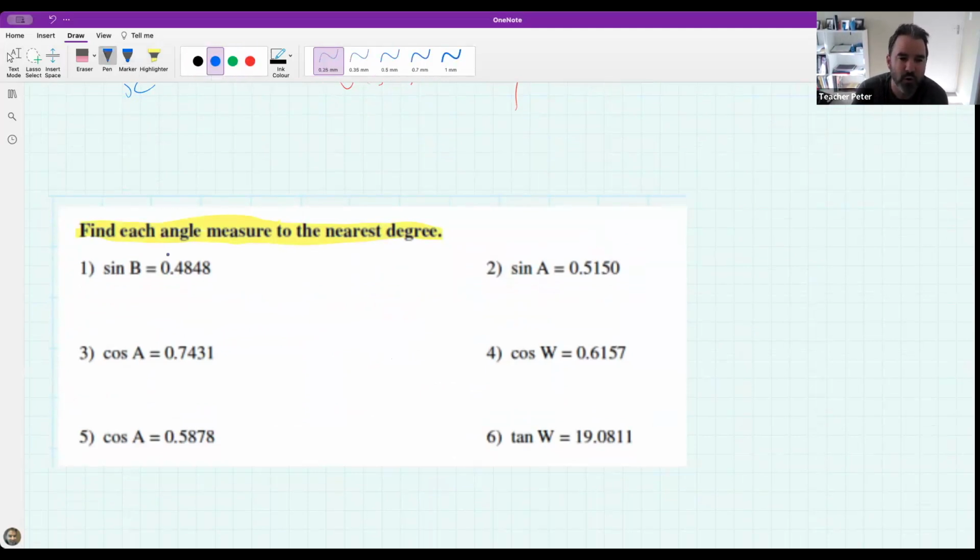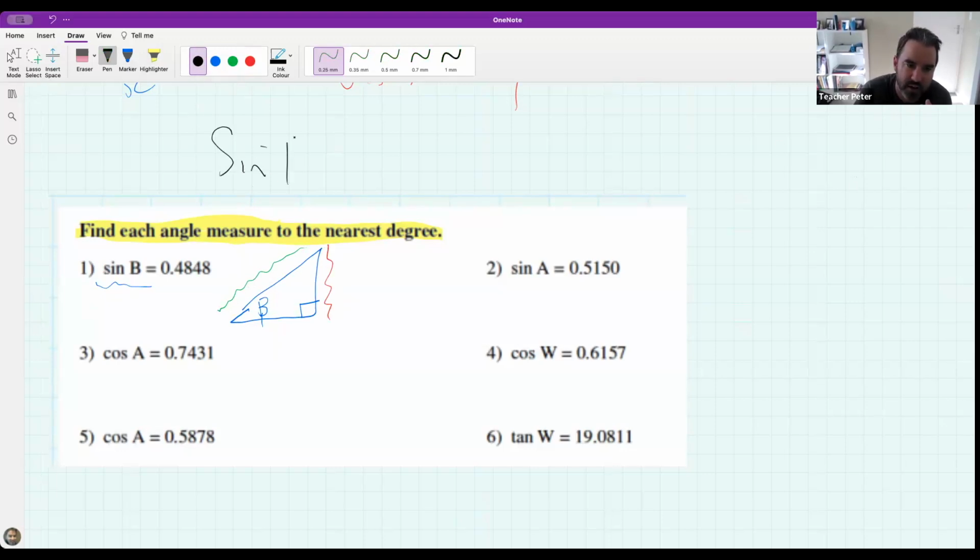Well, basically, the moment you see sine of beta, you don't have to draw it, but you can know that there is a right-angled triangle with some angle beta in it, and the ratio of the red side to the green side will be equal to 0.4848. That's what it means. Or maybe I can even draw it like this. So the sine of beta is equal to the red side divided by the green side. But we don't need to go into the picture every time. We can use a bit of trigonometric